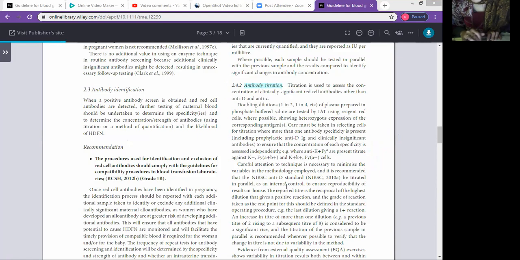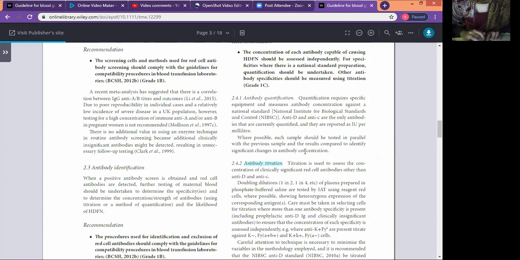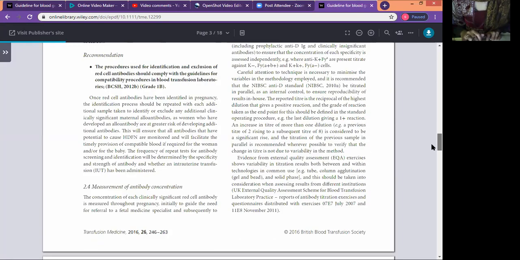So in this case, previously we had to go about the equipment, the continuous flow analyzer. The equipment was first of all calibrated, and we use a national standard for the measurement against which the antibody concentration is measured. In the case of titration of antibodies, the phosphate buffer saline is used to dilute the antibodies by the double dilution method,